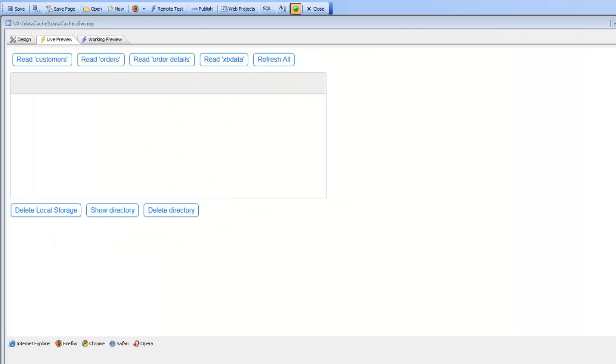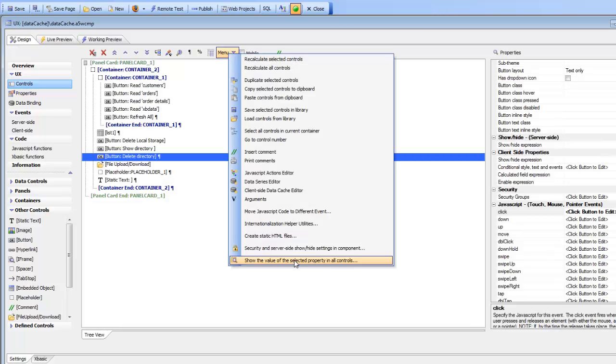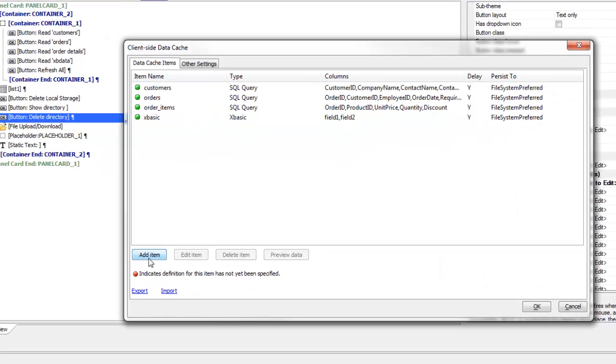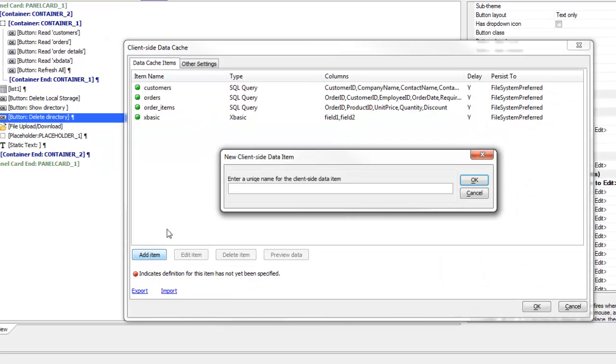So we're continuing now with a discussion of how you can add a large amount of data into the client-side data cache. So let's go back now and edit our data cache. So we'll go over here, and now let's add a new item. So I'm going to basically do a query against the sample SQL Server database called AdventureWorks. And the reason I chose AdventureWorks is that it's a database that a lot of people are familiar with, but it's got quite a large number of records in it. So I'm going to go here and say AdventureWorks